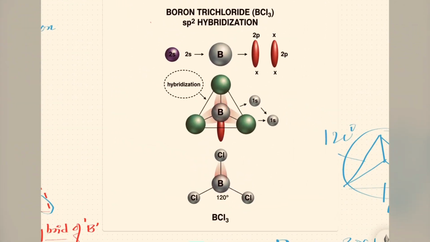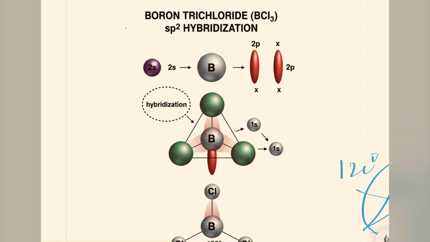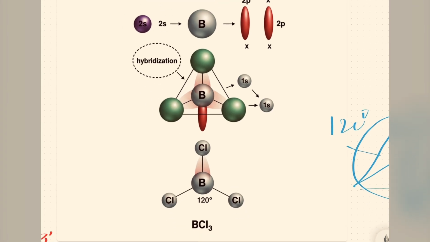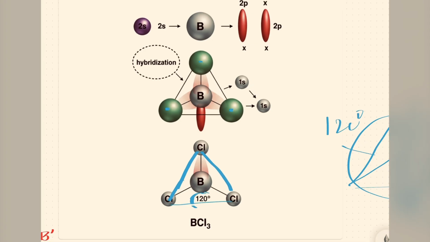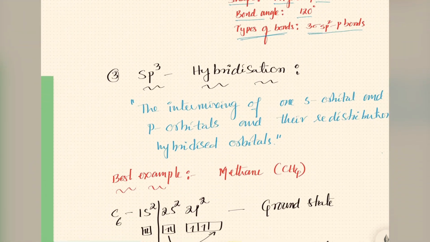Now we'll go for one graphical diagram also we can see. Graphical diagram of boron trichloride. All of you see this. So this is boron trichloride, sp2 hybridization, and the s orbital is removed and reacts with the boron with 2p and 2px value. So we can see this type of hybrid will be formed. Here, this type of hybrid will be formed. So this hybrid now overlaps with our chlorine atoms. We'll get here, digitally we can draw like this. So this is, you can see, 120 degrees bond angle. Clear? This is simply the digital diagram for boron trichloride.